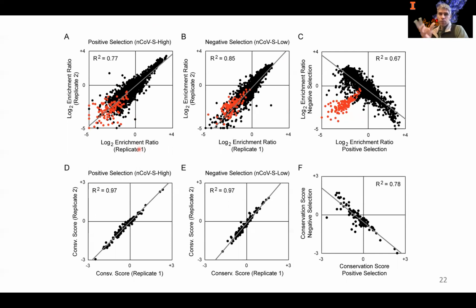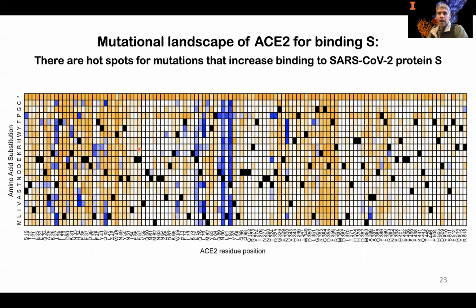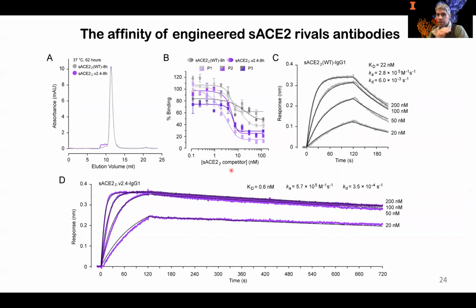And so then we took several of the highly enriched mutations for binding to the viral spike, and we started combining them. This is the mutational landscape. Orange means the mutation is deleterious. So in the top row, all of the nonsense mutations, as you would hope for, are bad. But our attention was drawn to these blue mutations here. These are mutations that enhance affinity for the viral spike. So we combined 3 of them together to make a high affinity engineered ACE2 decoy receptor.